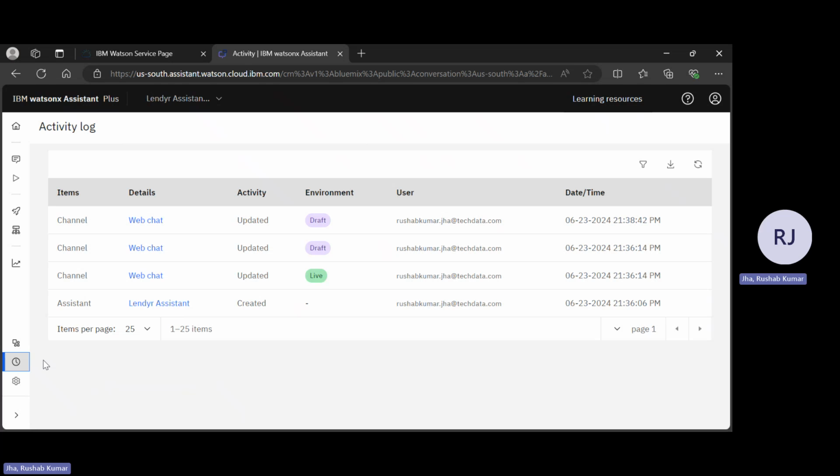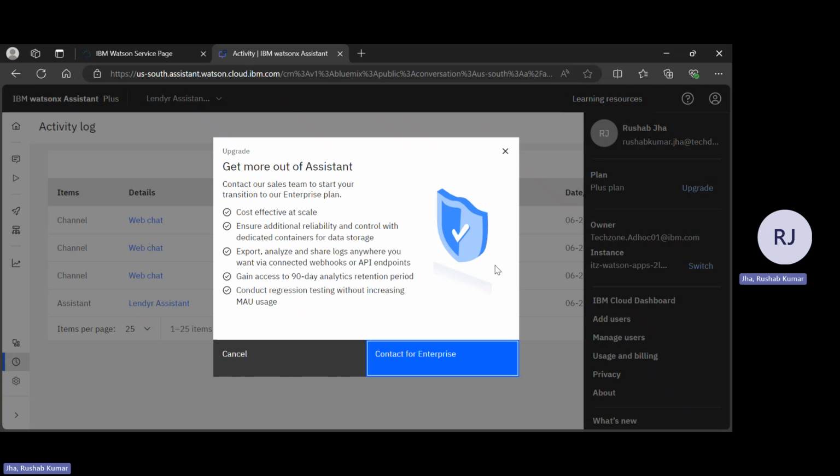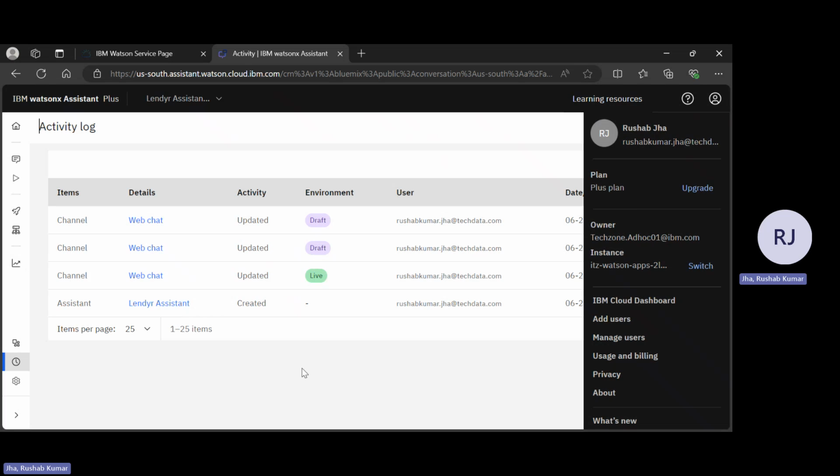So all these things can be done. You can see that I had access to the particular assistant at different times. So all this sort of activity can be easily done. Apart from that, another very important thing is that on the managed part, as I was on the topic of